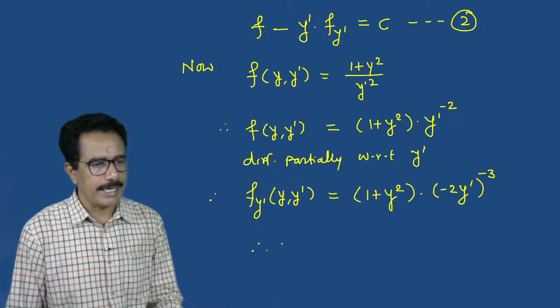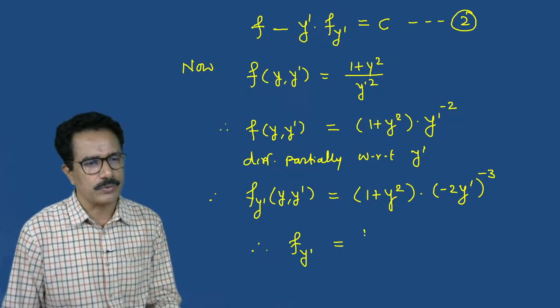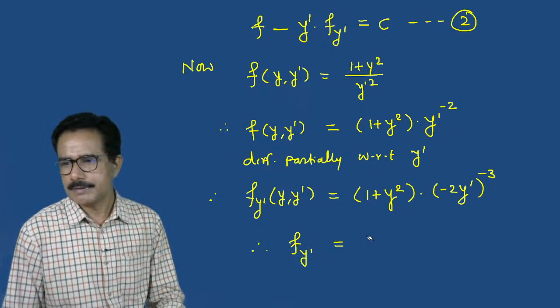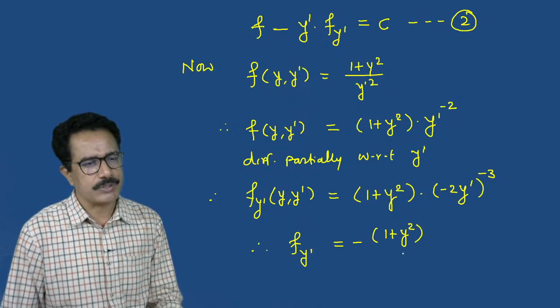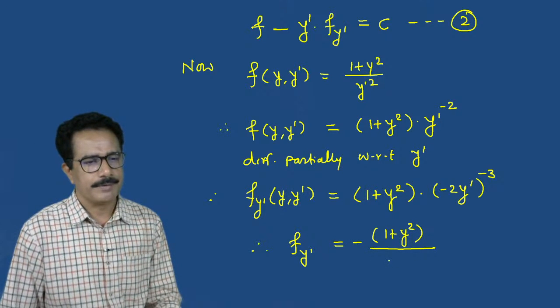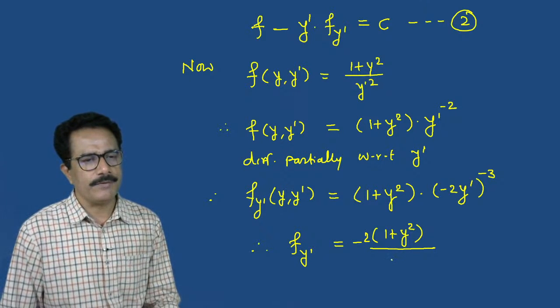Therefore we can write f suffix y dash, which is equal to minus, 1 plus y square divided by,